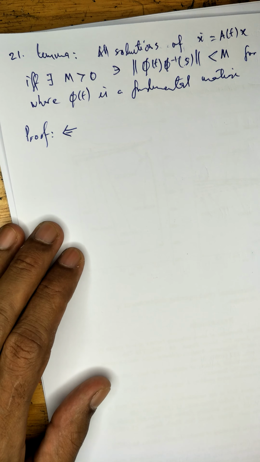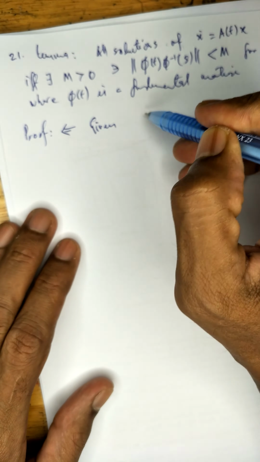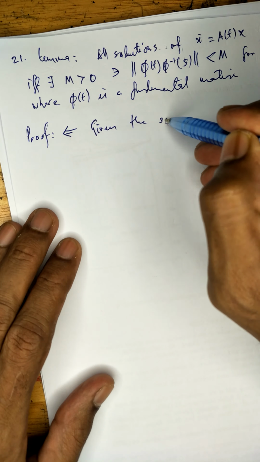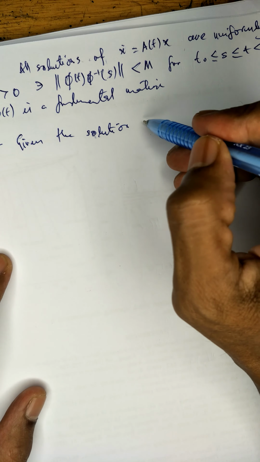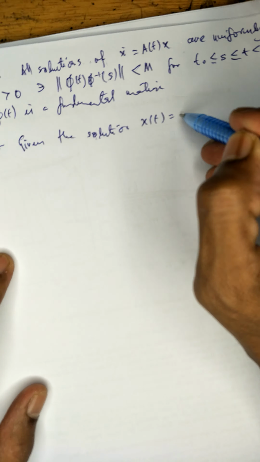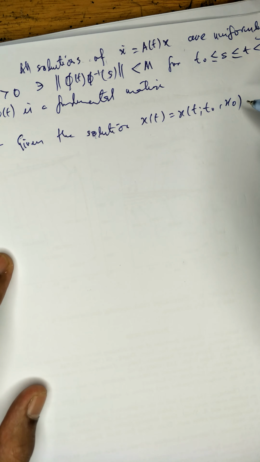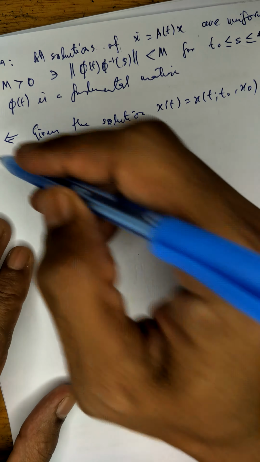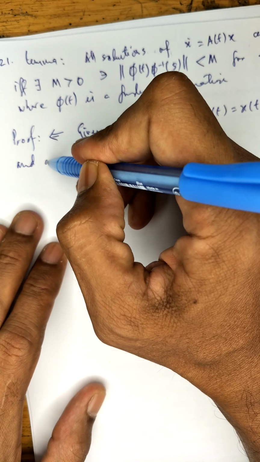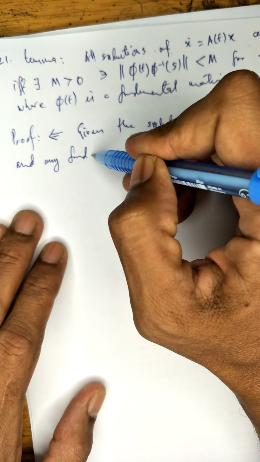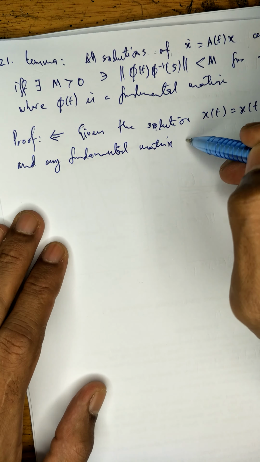Now, given the solution x(t, t naught, x naught) and any fundamental matrix phi,